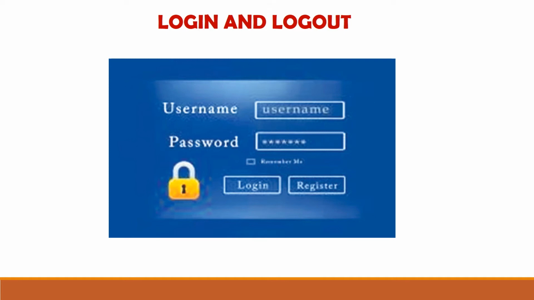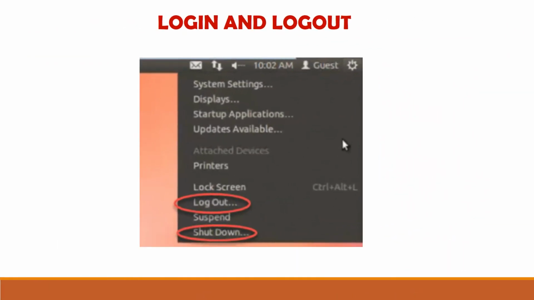When you log into the computer with your login ID and password, the computer knows that you are an authorized person and allows you to work on the application in the computer. Once you finish working, you must log out or sign out so that no one else can see your work. Hereafter what you will do? You have to create login IDs to keep your information safe and secure. Will you create, children? Okay, good.